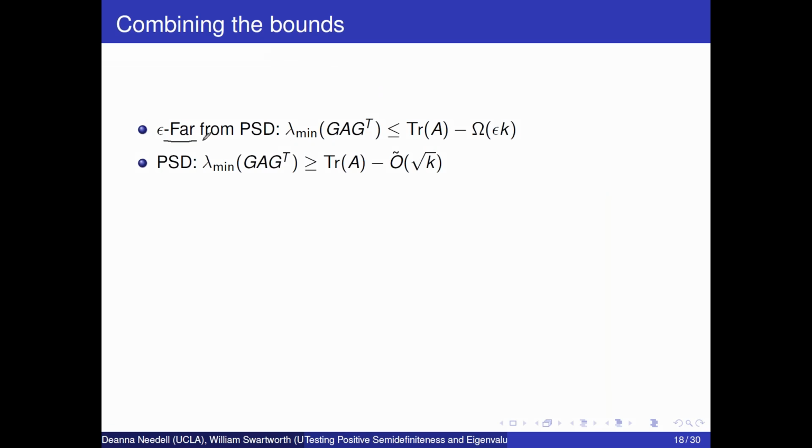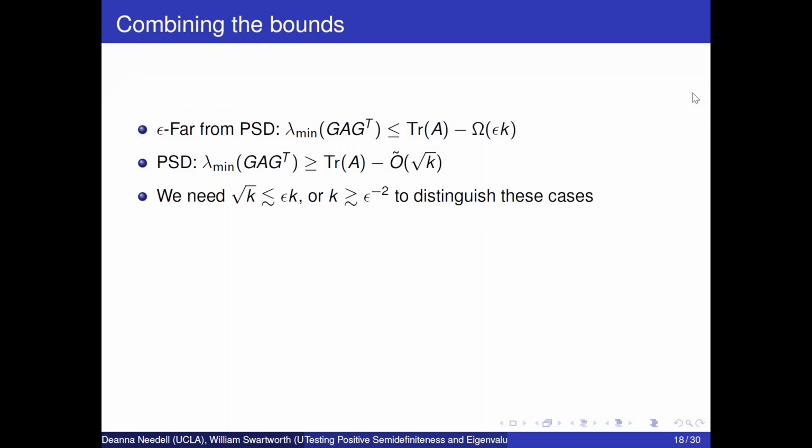We've shown that if our matrix is far from PSD, then the minimum eigenvalue of the sketch matrix is sufficiently away from the trace of the matrix A. On the other hand, if the input matrix is PSD, then the minimum eigenvalue of the sketch is close enough to the trace of A. Now, we'd like these two quantities to be separated so that our tester succeeds,